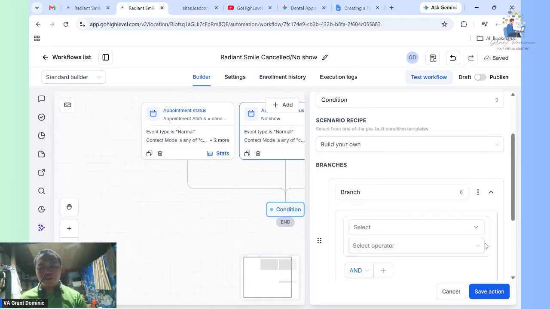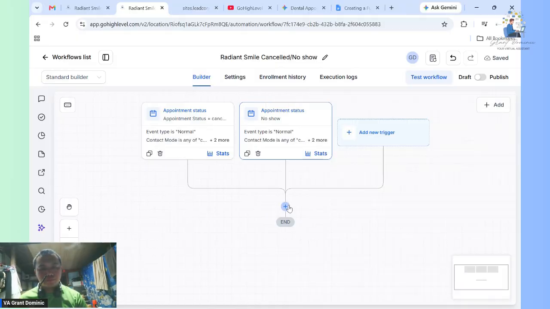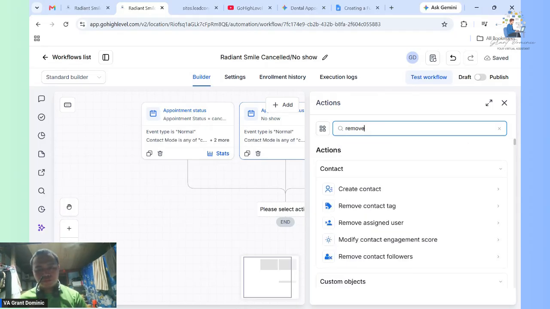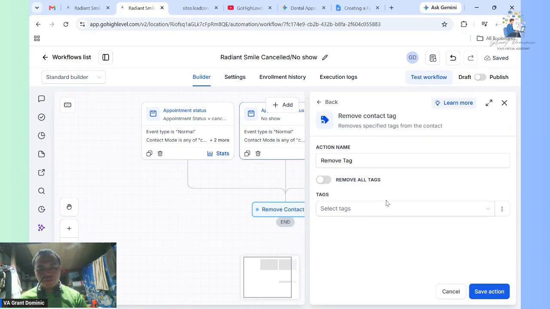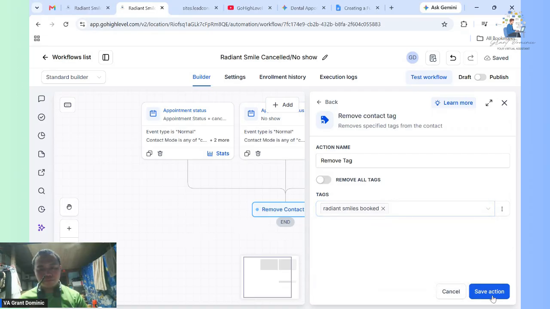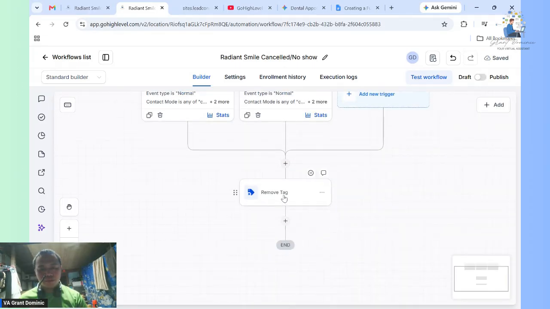First, we will remove the tag. Remove contact tag. Radiant smiles. Radiant smiles book. Remove tag.